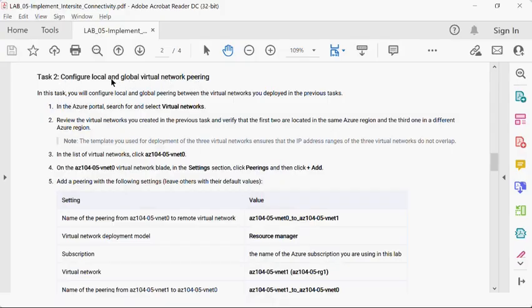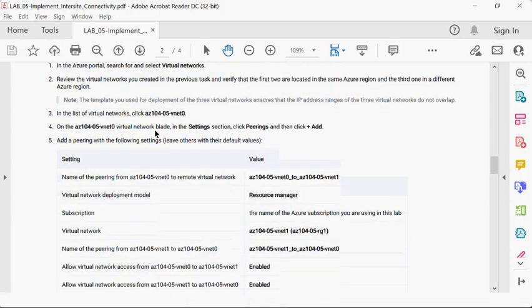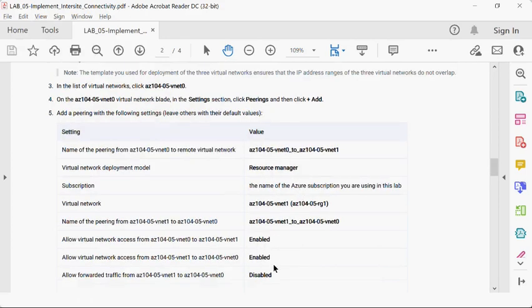Configuring global and local peering is again here. What it says, number 3, go to VNet 0 and supply all these details on the right hand side, whatever you have here. So just pick up all these things and put them in the portal. That's it, nothing much.